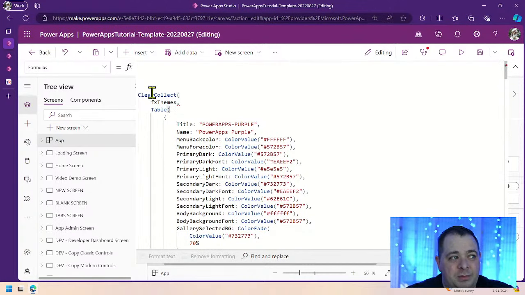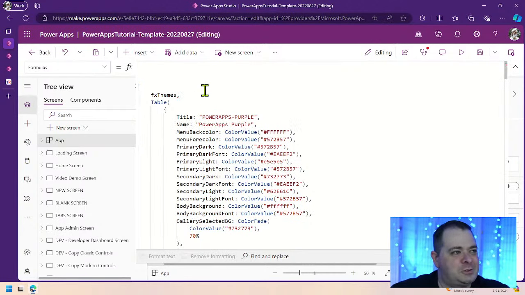Now we do have a problem here, which is you cannot have imperative code in app formulas. It's a dead giveaway that we don't have a prefix of On there. That's the only place you can put imperative code. What is ClearCollect? ClearCollect is an imperative function. You can't have that here. So what are we going to do? Just not use ClearCollect. Just take that out. All right, so fx themes